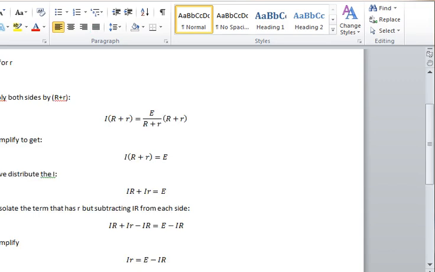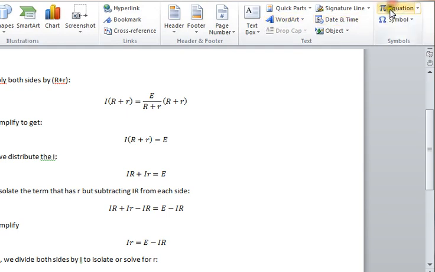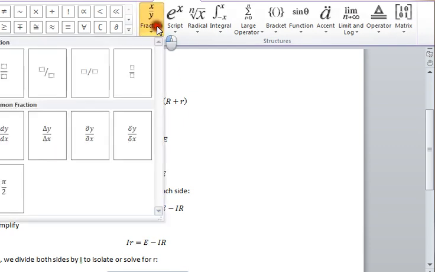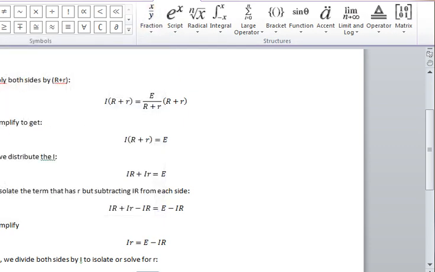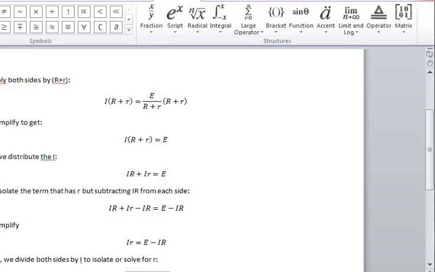Finally, we divide both sides by I to isolate or solve for little r. So on this side, we're going to have the I little r divided by I. And on the right-hand side, we're going to have a fraction, E minus I capital R divided by I,